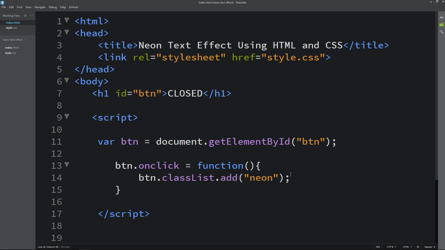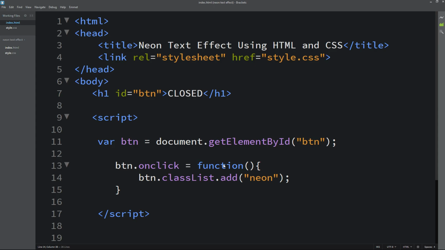After adding this, let's refresh the web page and you can see this text is normal, and when I click here it becomes a neon style text. Again the second click is not working here, only one time we can click and see this effect. So we have to remove this effect also.